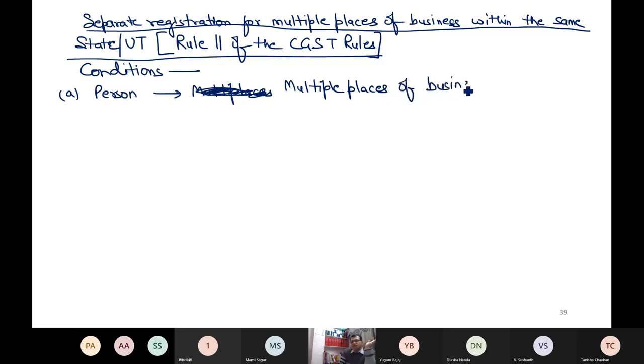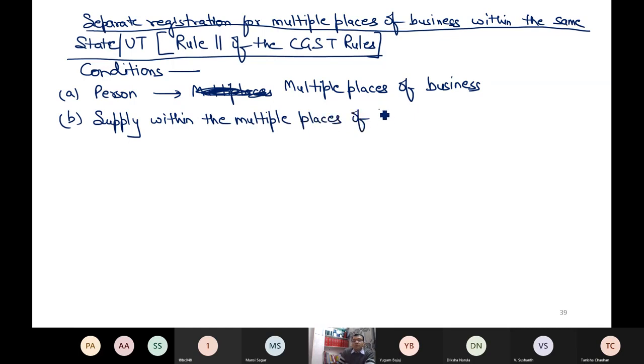Now if you are having multiple places of business, then the next point is that you should act just like a normal businessman. Whenever any supply happens between these multiple places of the same person, it should be normal,